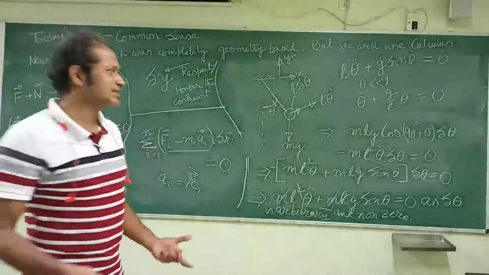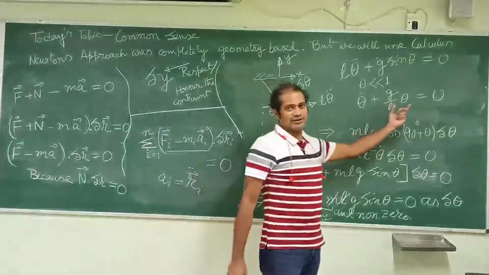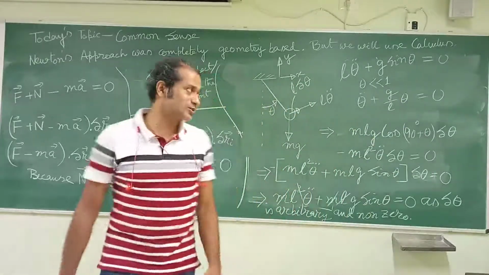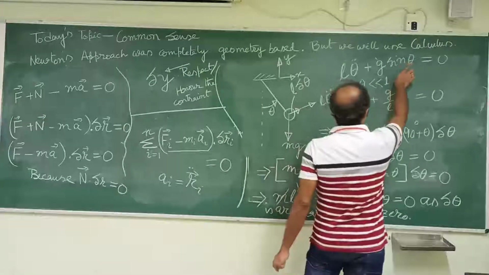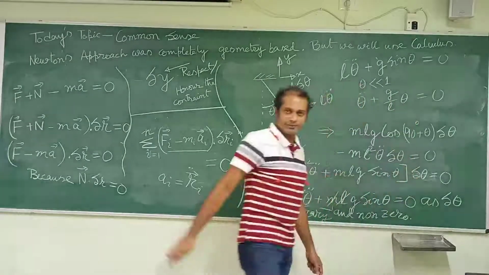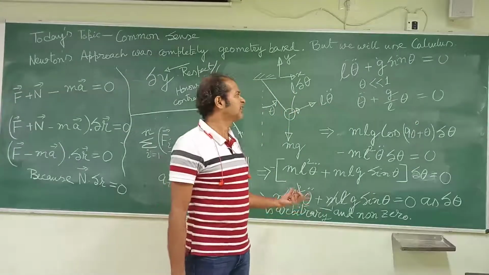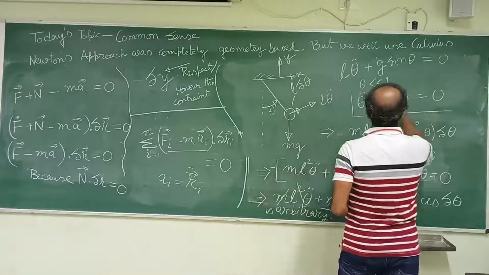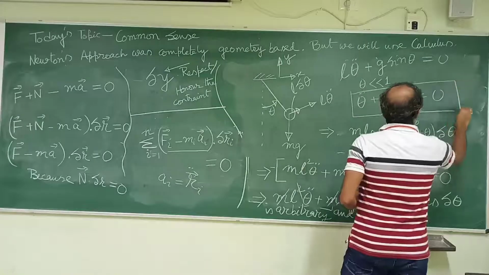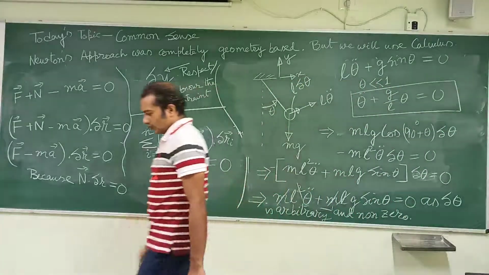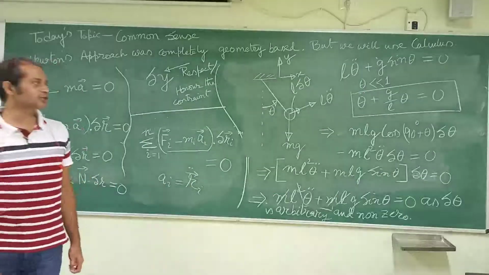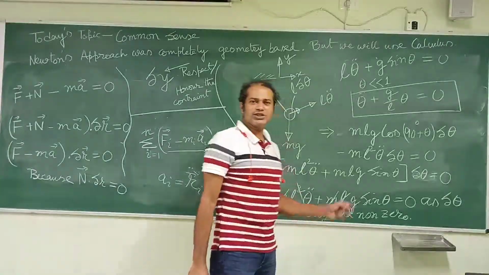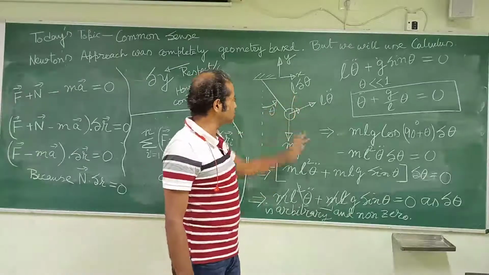The period of oscillation does not change irrespective of the amplitude you give, but the angle has to be small. You cannot give 30 degrees or 40 degrees, because then it becomes a nonlinear differential equation. So this becomes a nonlinear differential equation in general, and a linear differential equation for small angle theta, and so it becomes isochronous. But have you ever thought whether I have used any geometry over here in order to solve this problem?